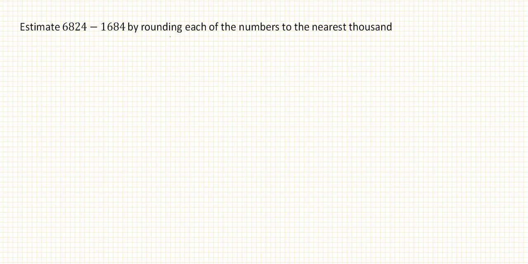Next example, we have 6,824 and then 1,684. So we round to the nearest thousand. So 6 is the number in the thousands position. We look to the right, and what do we see? We find a number that is 5 or more, so we round up to